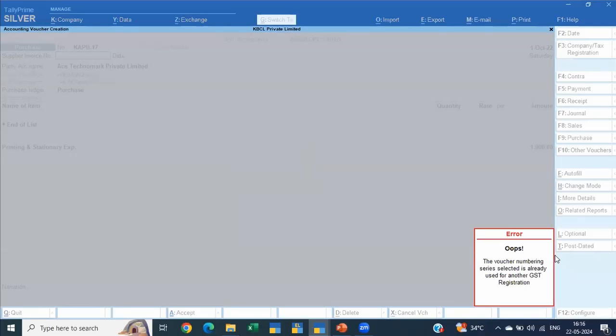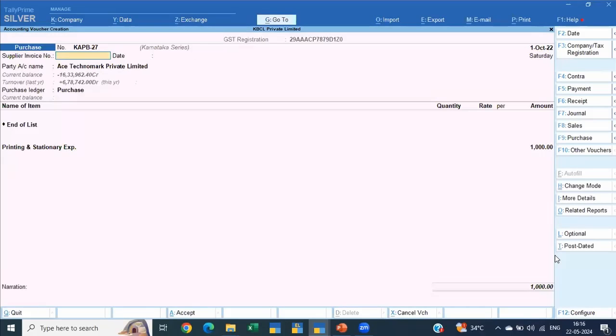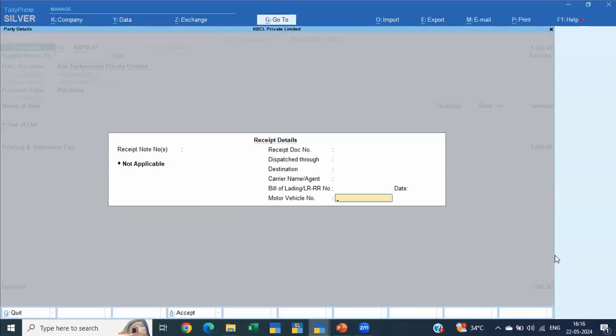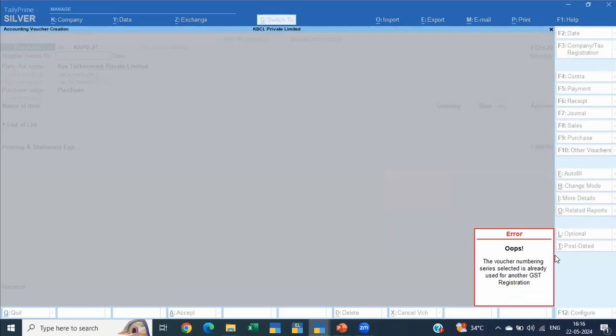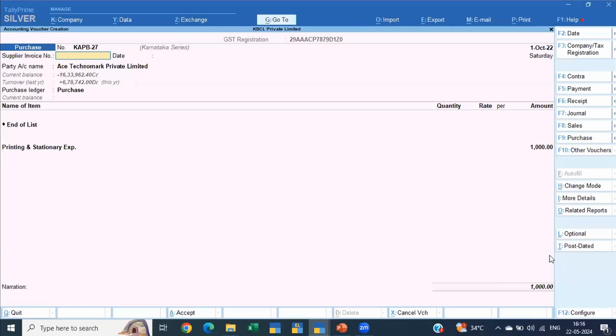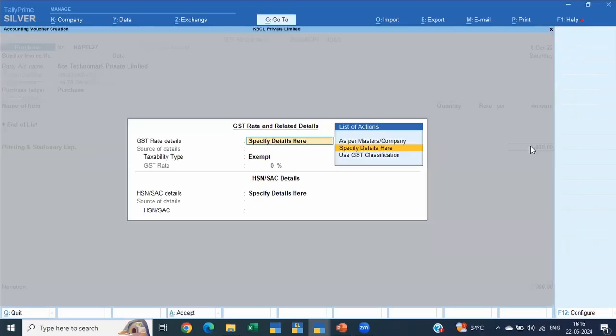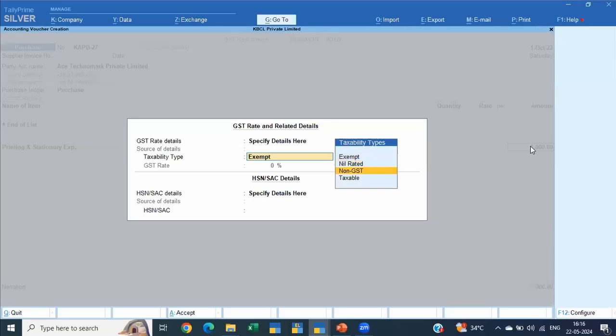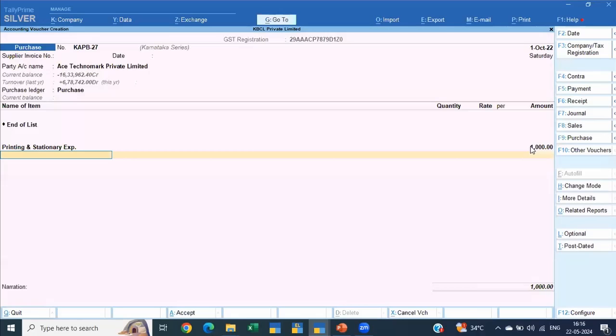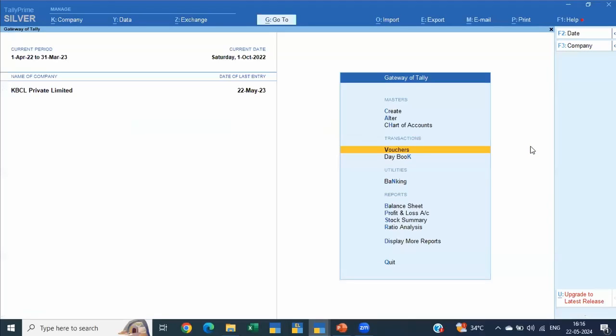Now when I accept it, yeah, you can basically do it. If you just saw, I just did it. For that case, you'll have to specify it at voucher level. So you can do it entry based, and you can do exemption or non-GST as the case may be. I'm sure you got the point here. The next query is how to pass Rule 86B entry in Tally.